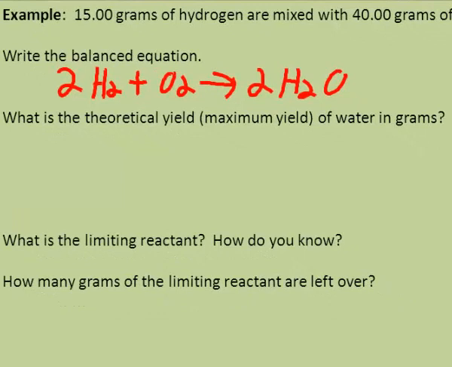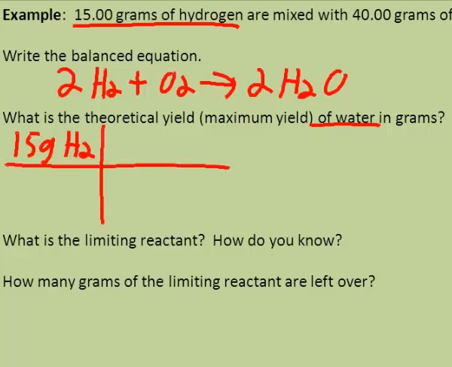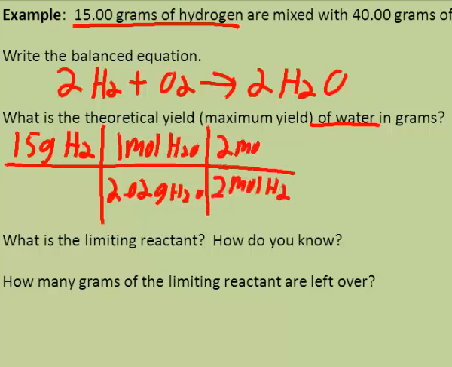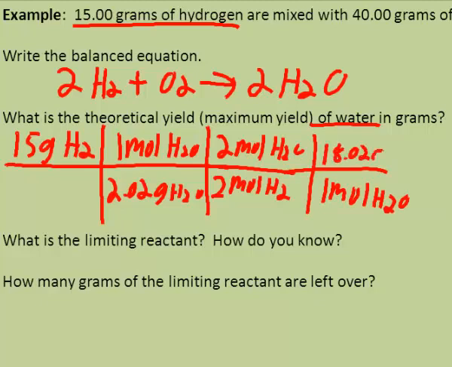Well, the first thing it gives us is 15 grams of hydrogen. So we're going to start with 15 grams of H2, and we're going to find the yield of water. So we're going from H2 to H2O. So go to moles, so it's 2.02, the molar mass, to 1 mole. Next step is the mole ratio, 2 moles H2 to 2 moles H2O. Now go to grams of water. 1 mole H2O equals 18.02 grams H2O. That gives us 133.81